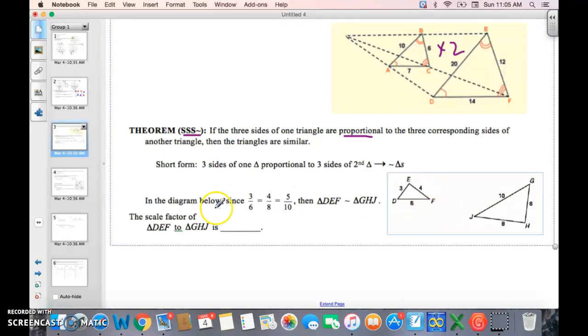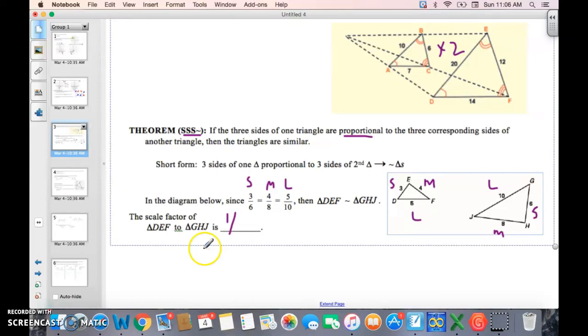So for example, if I look at this diagram right here, this is a 3, 4, 5, and remember I like to label it small, middle, and large, so I know how to set up my proportion. So over here, this is small, middle, and large. So this would be 3 over 6, which is my small side. My middle sides are 4 over 8, and my large sides are 5 over 10. And so I just simplify this. In every case, I get 3 over 6 is 1/2, 4 over 8 is 1/2, and 5 over 10 is 1/2. So from DEF, the small triangle,